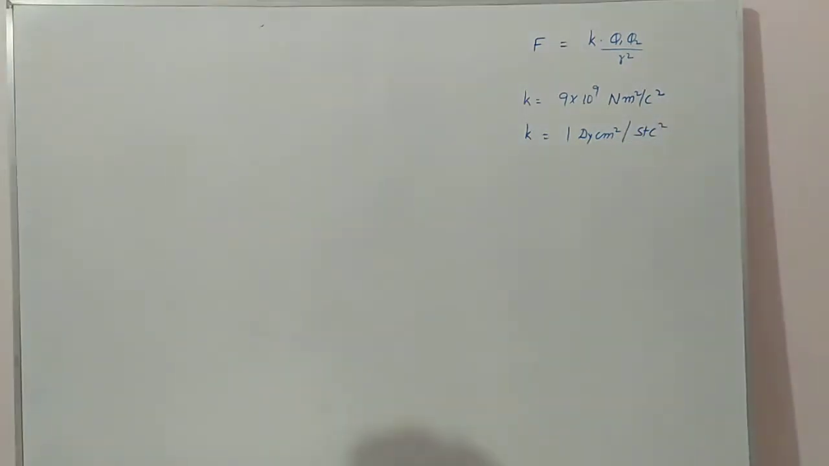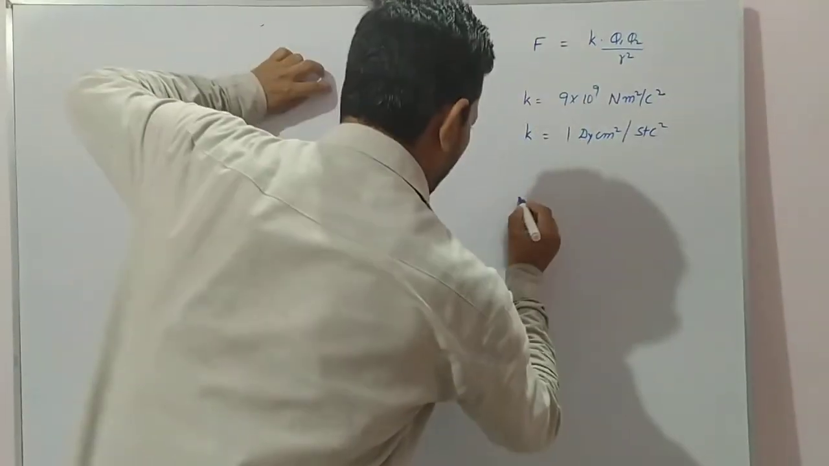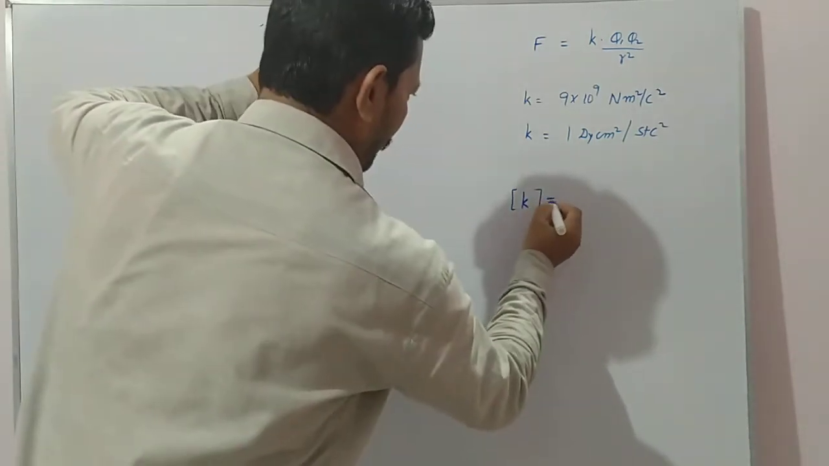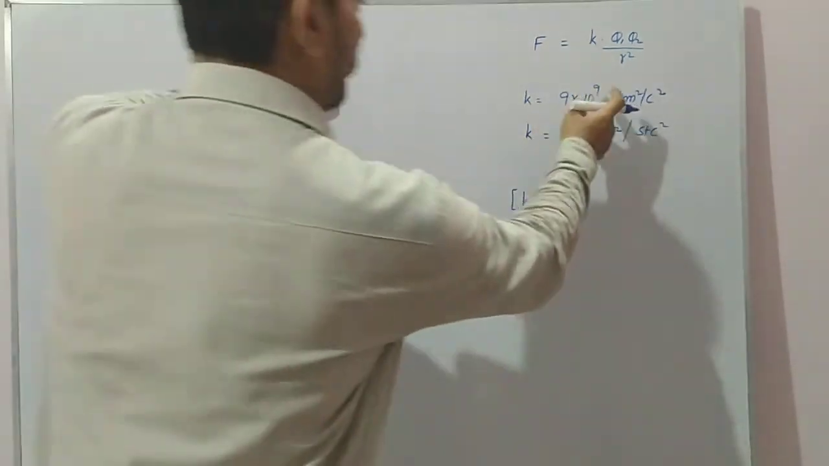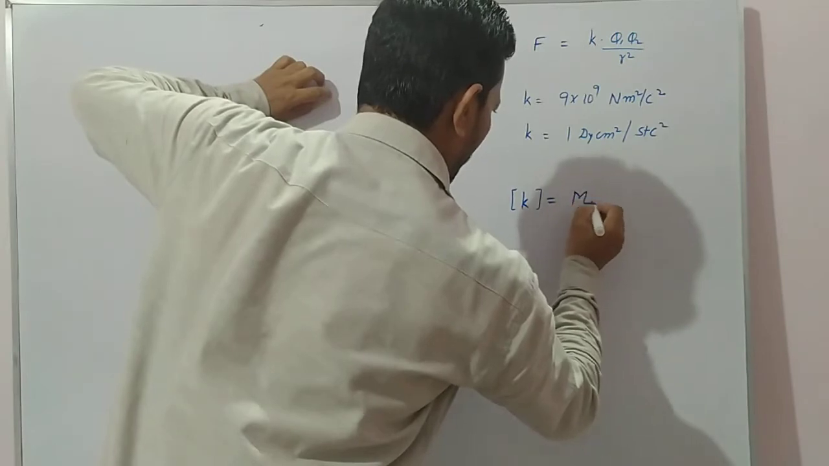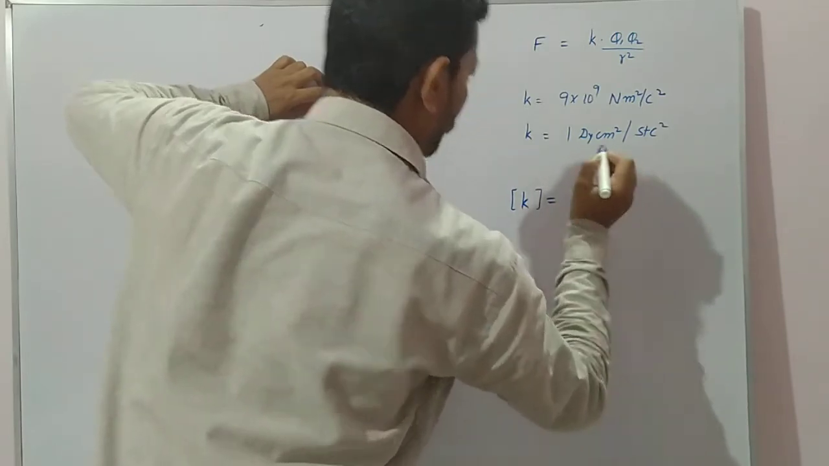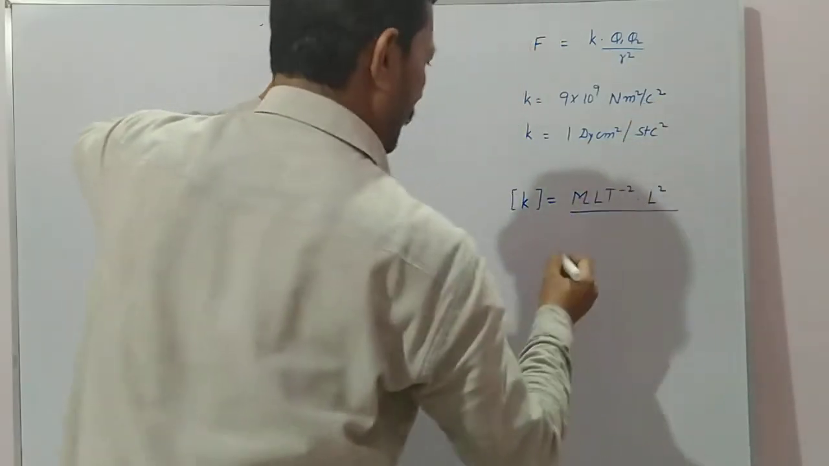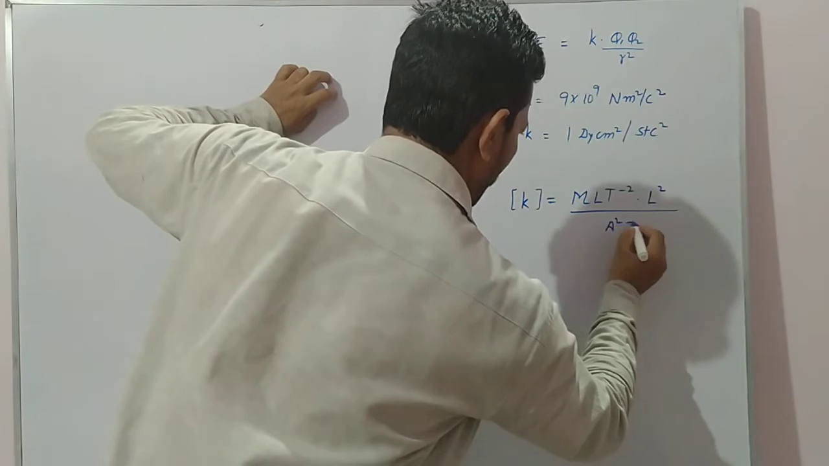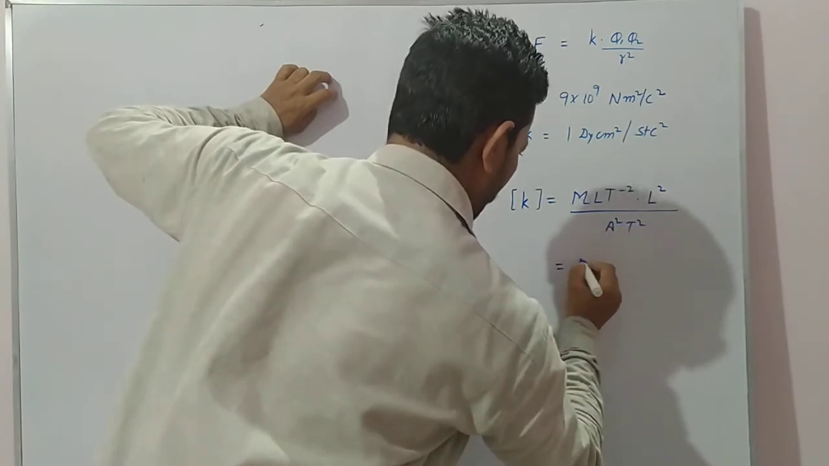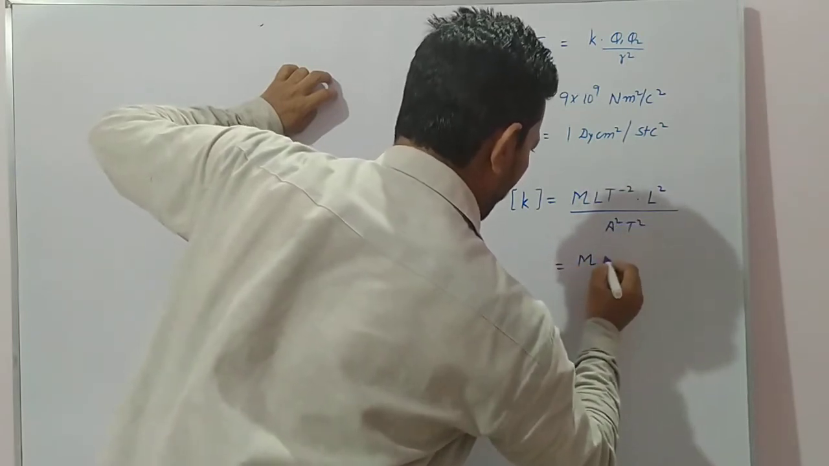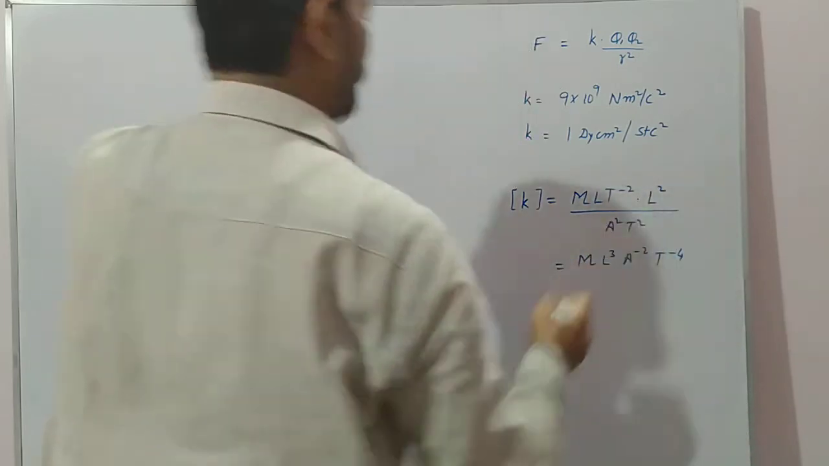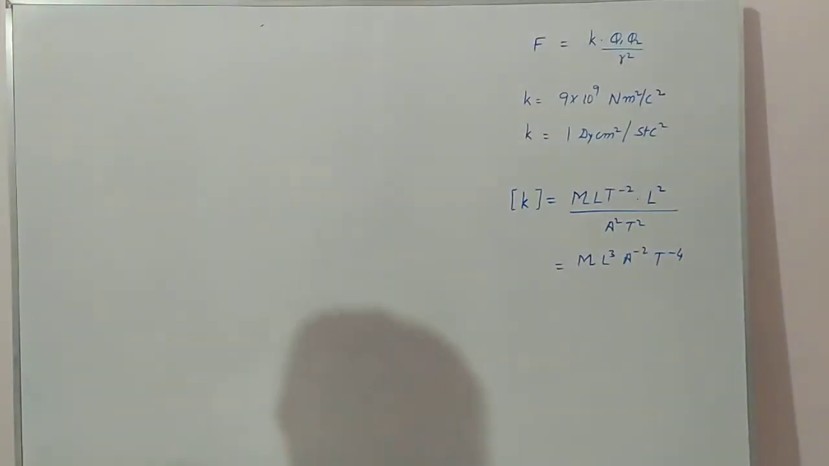Now we have to find the dimensional formula of K. So here, dimensional formula for K: Newton dimensional formula is MLT minus 2, meter square that is L square, and coulomb square that is ampere second, A square T square. So this is M L cube A to the power minus 2 T to the power minus 4. This is the dimensional formula of